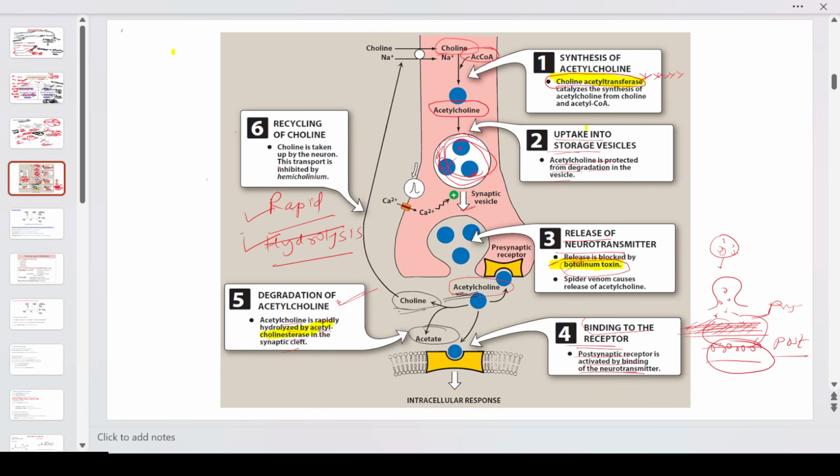Now recycling. अब ये कोलिन जो है ना, ये सिक्स जो स्टेप है वो देखो, see this six step. Okay, this choline is taken up by the neuron and this transport is inhibited by hemicholinium. Okay, अब ये कोलिन जो डिग्रेडेशन के बाद एसिटाइल कोलिन के डिग्रेडेशन के बाद जो कोलिन बना, वो फिर से रीअपटेक और रिसाइकलिंग होगा, और फिर से